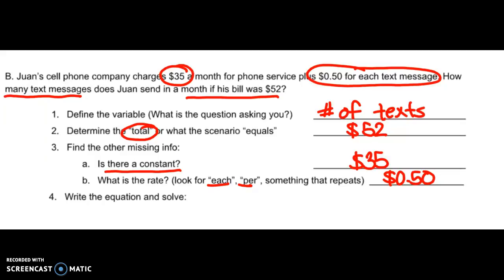Now whenever we string this together, I always like to start with what it all equals. We determined in step 2 that this all needs to equal 52. We found out in step 3 that there's a $35 fee up front by itself, and then it gets added to our 50 cents per text message. So we're going to use an x to represent texts, and 50 cents will be